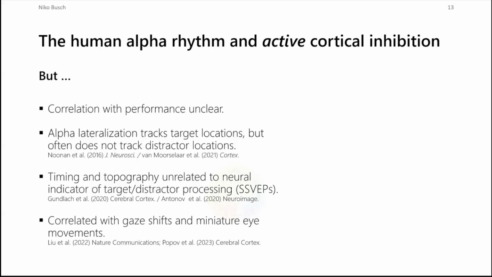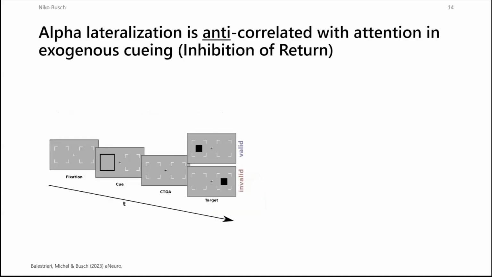This is the backdrop for the first study about alpha lateralization I want to show. It's not much time left. In which we used exogenous cueing. And the reason for that was that most studies in this field of research that have used cues that instructed subjects to selectively process part of the screen have used cues that were expected to result in attention shifting to the cued location.